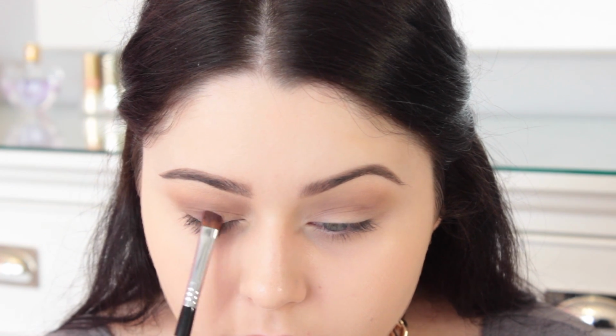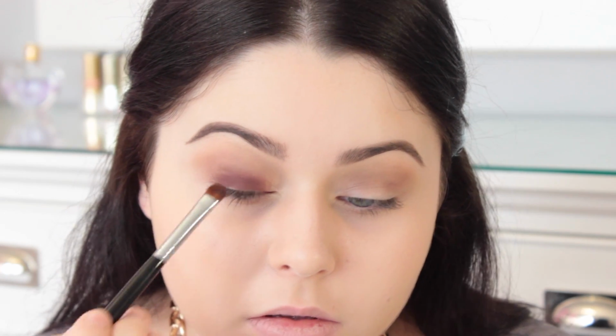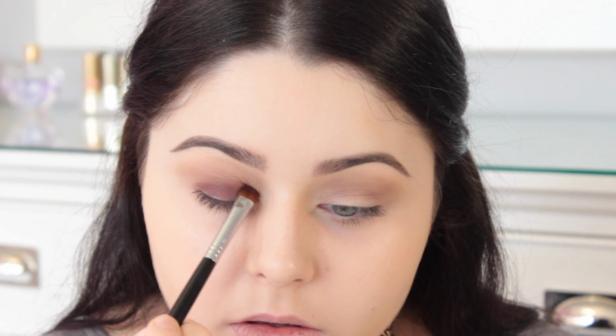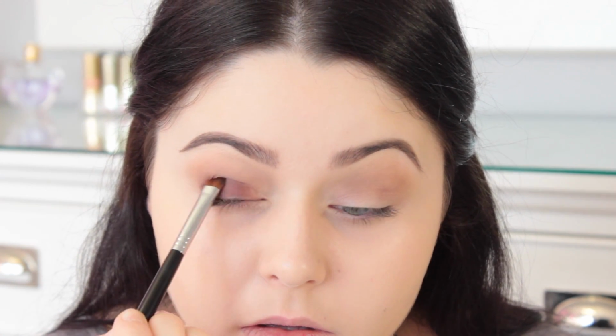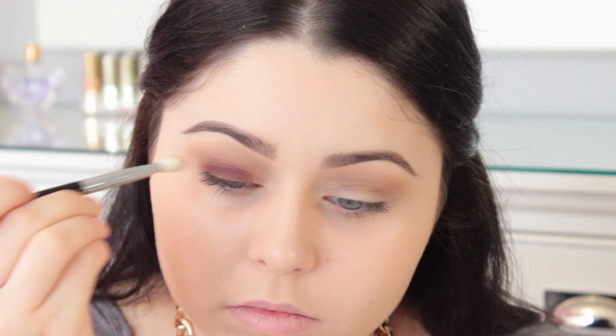So I'm taking that maroon shade, and this shade is really gorgeous. It's kind of a plum, but it's kind of a maroon, and it's weird because depending on how you play it up, it can look maroon or it can look plum. So for this look, I wanted to pull out the plums in it with the lipstick that I put on. So I'm just putting this all into the lid, blending it out with the E35,